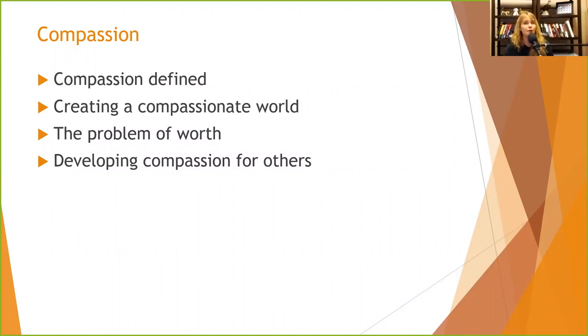What is compassion? This can be a 15, 20-minute group in and of itself, having people talk about what is compassion? What does it look like? What kinds of activities are compassionate? Where do random acts of kindness fit into this? Does compassion mean we have to be nice to everybody all the time, regardless of how they act towards us? You can put these different ideas out there